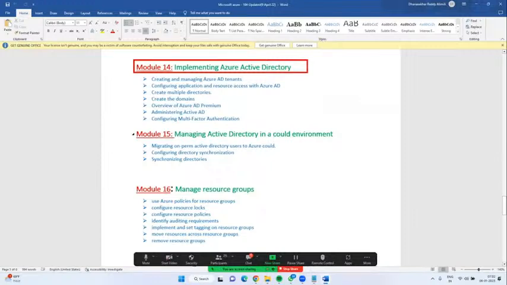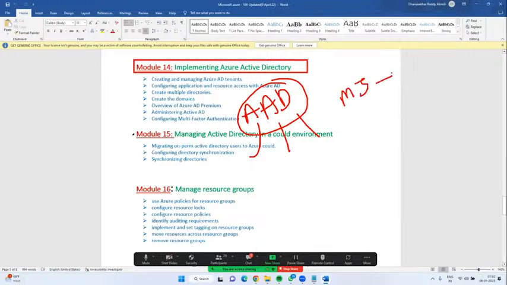Active Directory is the heart of the Microsoft product, guys. I'm repeating, short form we call it AAD, in the sense Azure Active Directory. Why I'm telling you this is the heart of Microsoft product: without Active Directory there is no product. For example, you people are using MS Teams in our offices, right? Nowadays without MS Teams there is no organization. When you open MS Teams and search for your colleague's or project manager's name, names are displayed. Where are those names coming from? Any idea?